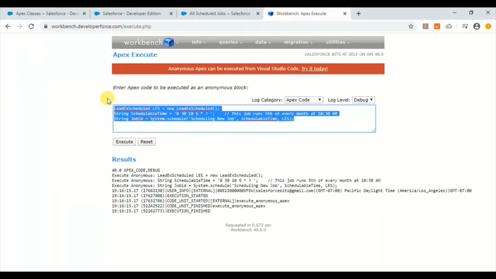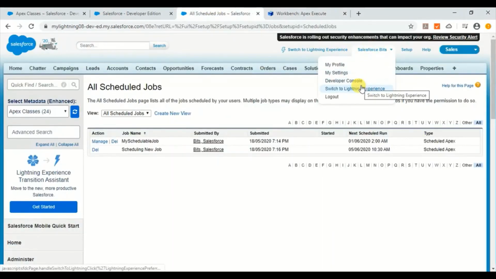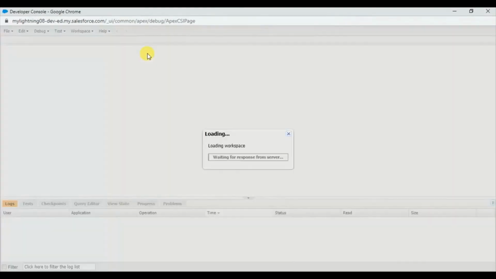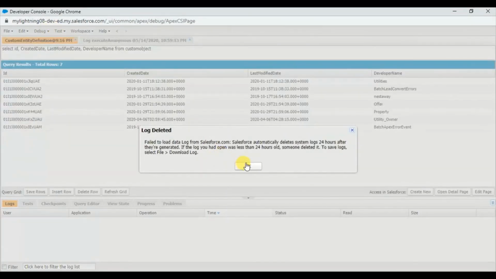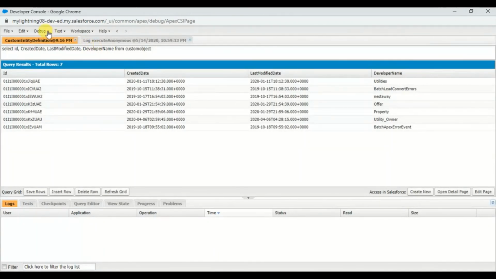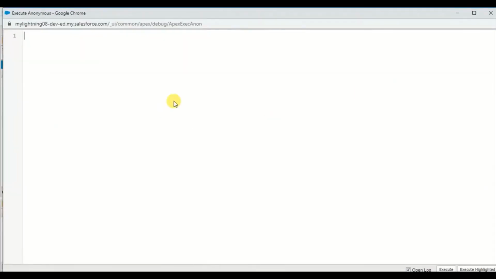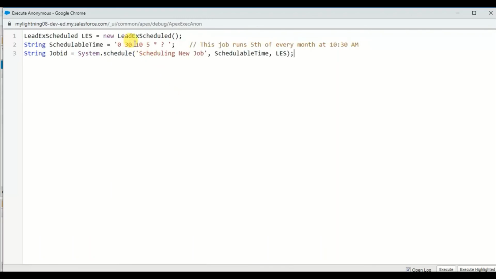I'm creating this in Workbench, but you can also create it in the Developer Console as well. Let me go ahead and quickly create one more scheduled job for this. Okay, so let me open the anonymous window, and here let's change the timings. Let's say I'm running it on the 15th of every month, and let's put it in